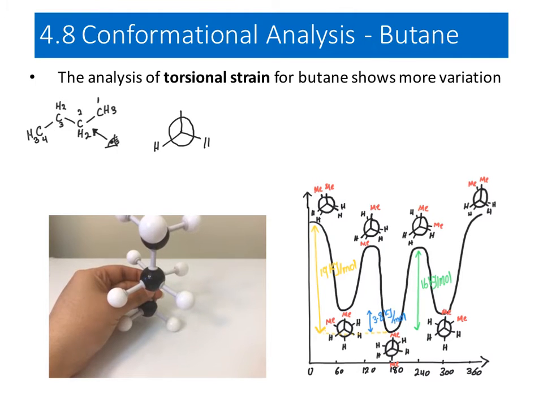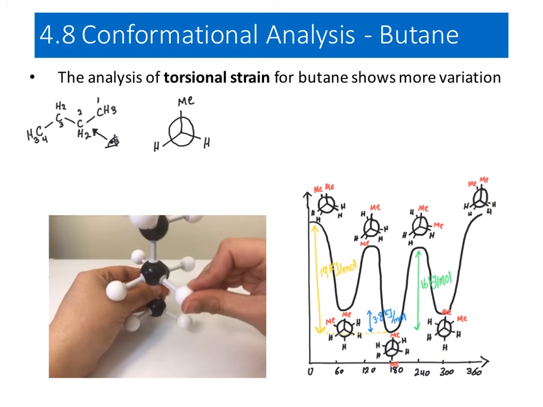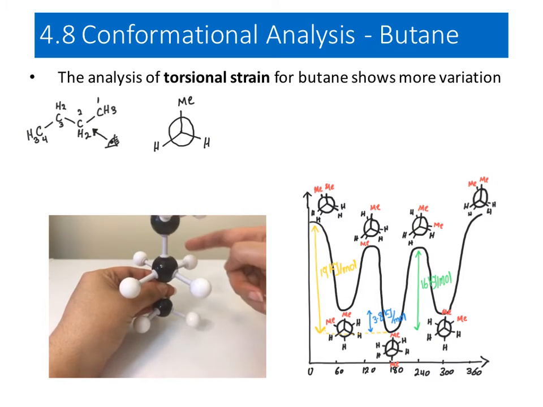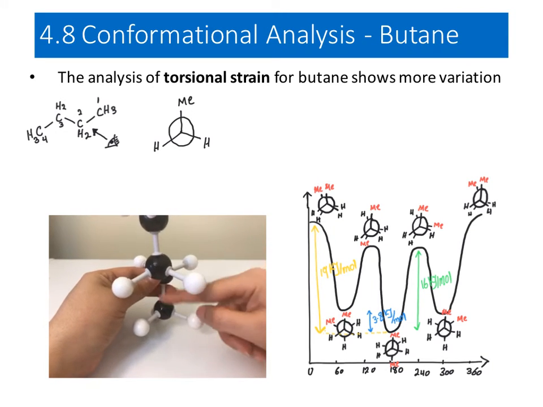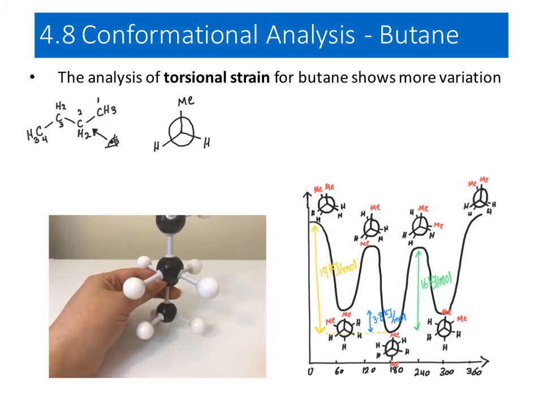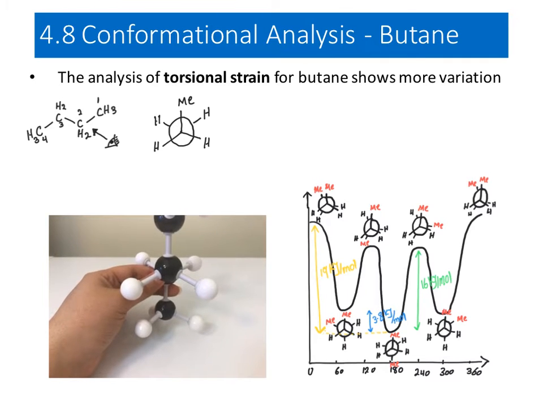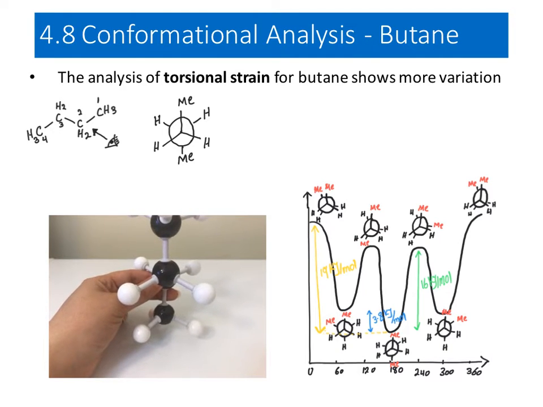2 hydrogens to the side and 1 methyl group to the top. And the back carbon, it has again 2 hydrogens. They are going to the side but to the top, and 1 methyl group coming down right here. Okay, so 2 hydrogens and 1 methyl group coming down. So again, these groups are not eclipsing one another. So this is one staggered